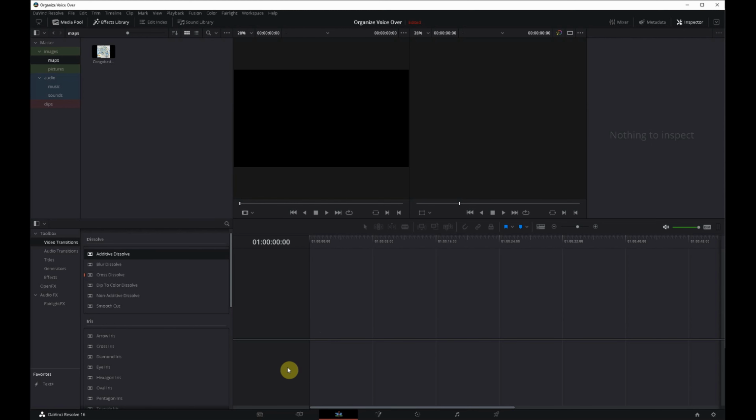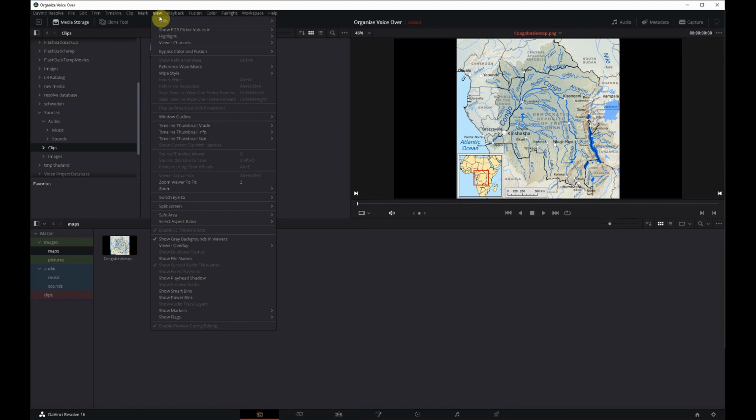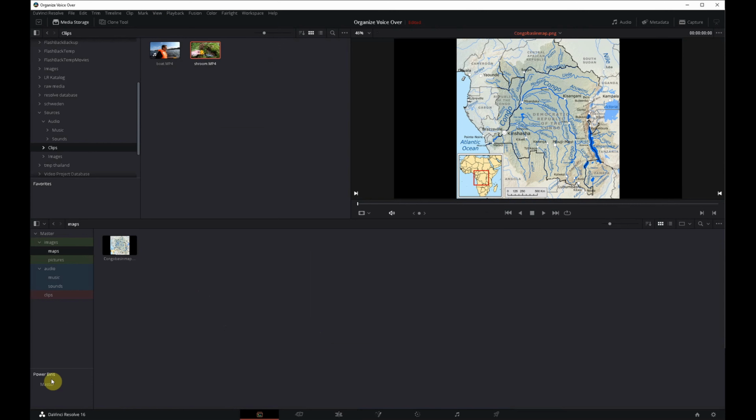Now what's interesting in the DaVinci Media Pool is you have two more sorts of special folders that you can add here. But first of all, you have to activate them. So you get into View, and here you see two menu entries. One is called Smart Bins and the other one is Power Bins. Let's just start with the Power Bins. Click it and you see you have a new Power Bin here. So what does that mean? Well, Power Bins stay within your application